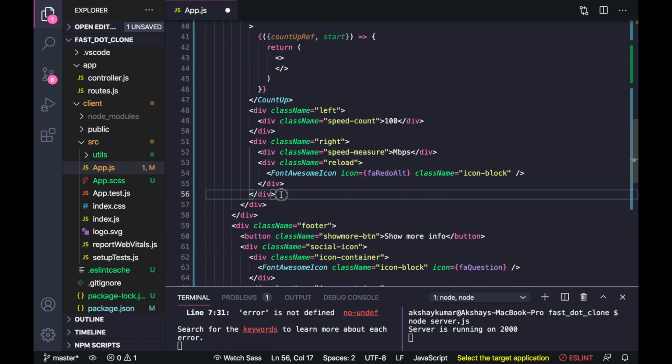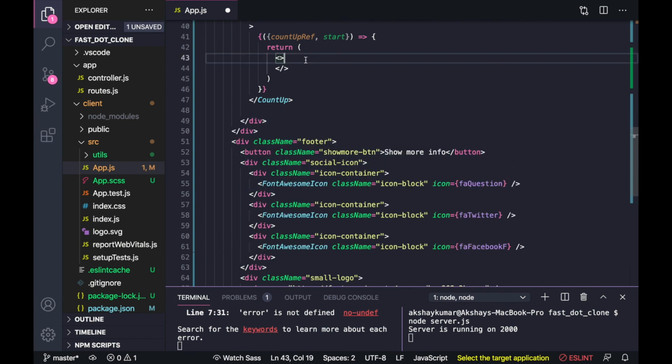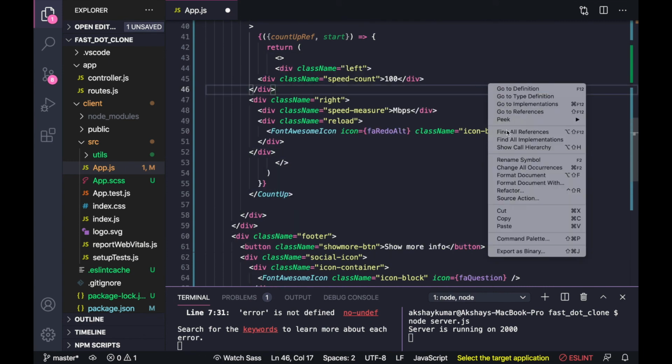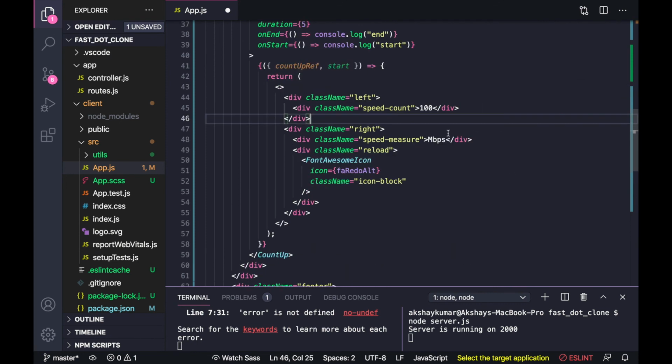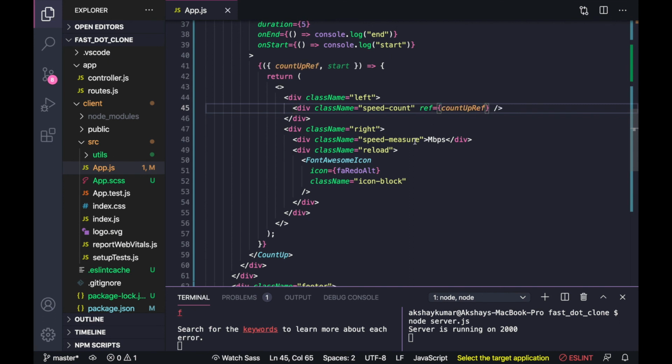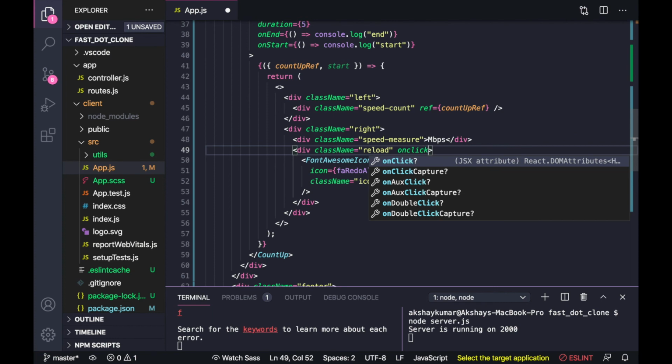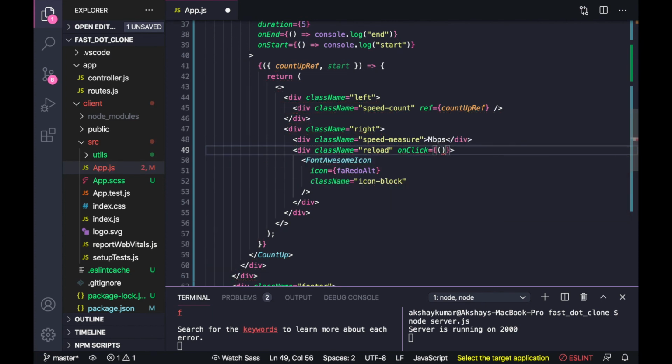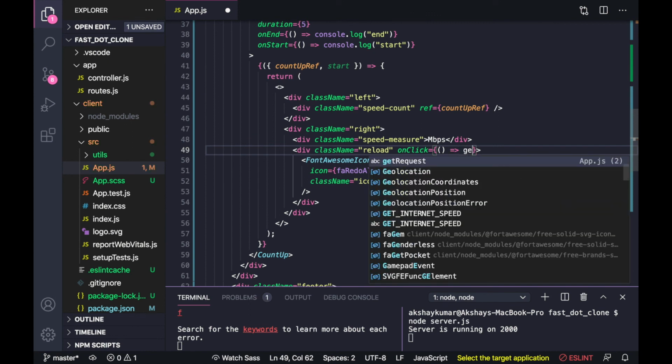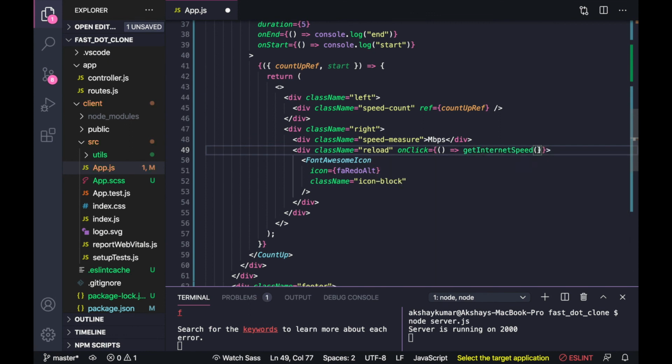Now we will move these divs into the fragment. Inside speed count I will remove this part and make this a self-closing div. Here I will pass countUpRef. For this reload I will write onClick, and inside we will call getInternetSpeed and here we will pass start.